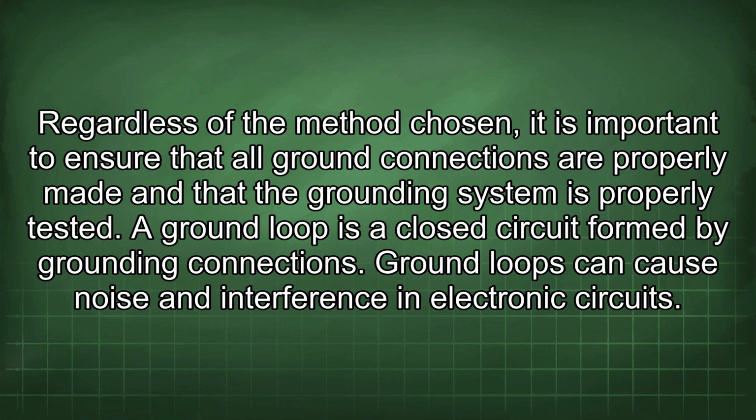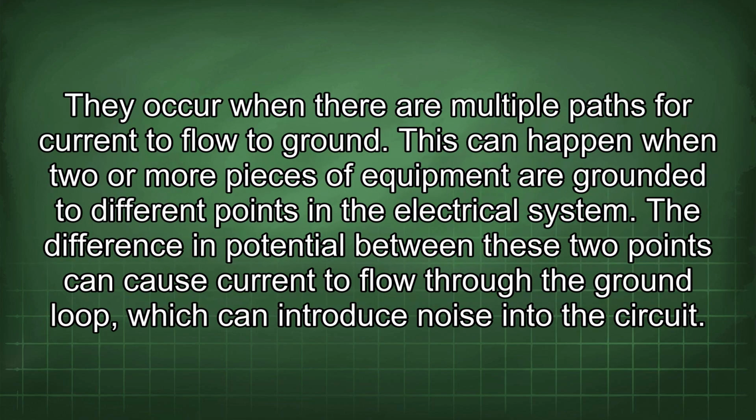A ground loop is a closed circuit formed by grounding connections. Ground loops can cause noise and interference in electronic circuits. They occur when there are multiple paths for current to flow to ground. This can happen when two or more pieces of equipment are grounded to different points in the electrical system. The difference in potential between these two points can cause current to flow through the ground loop, which can introduce